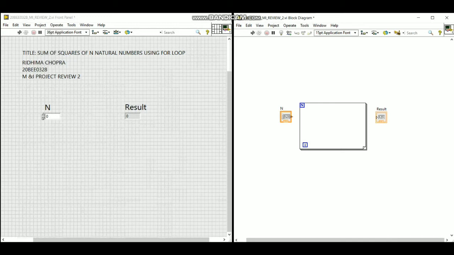Now I'll connect my numeric control to the counting terminal, which is n, and i here is the iteration terminal and it starts from 0. So now let me connect this n to the counting terminal.